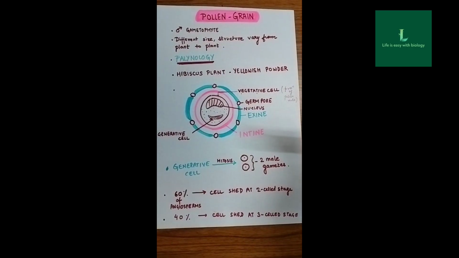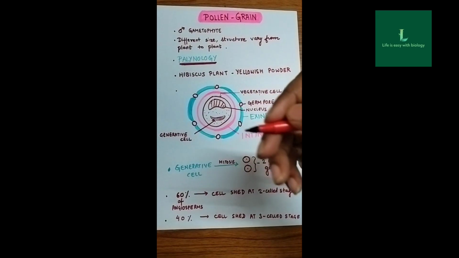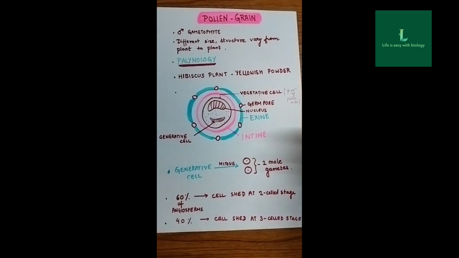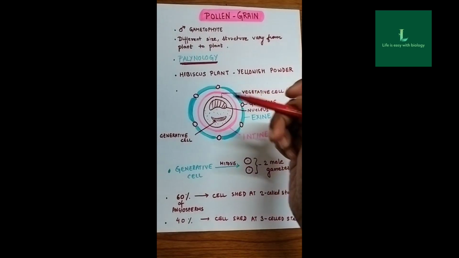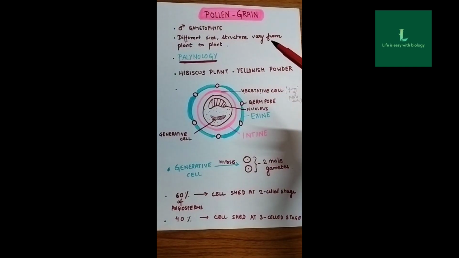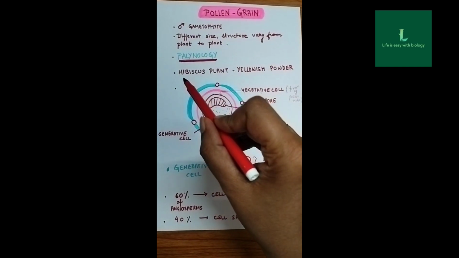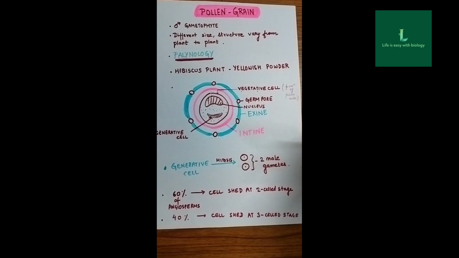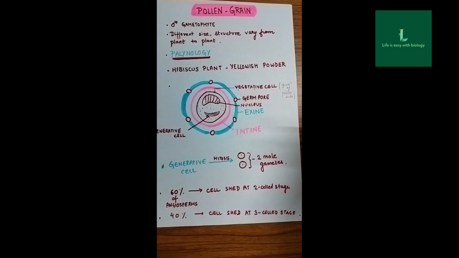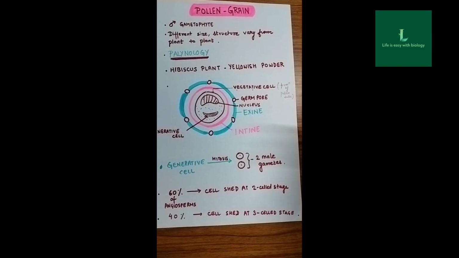The variety of pollen grains that are observed in nature is huge. They have different structure and shape; different plants have different types of pollen grains. Palynology is the branch of biology that deals with the study of pollen grains. Next point is the hibiscus plant. The hibiscus plant, commonly known as Odhul ka Phool in Jharkhand, is devoted to